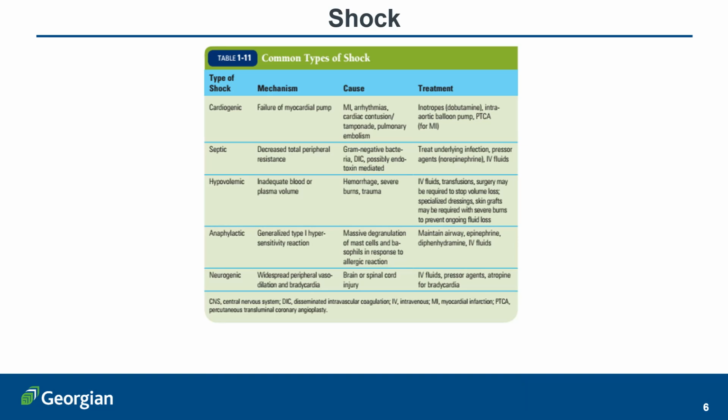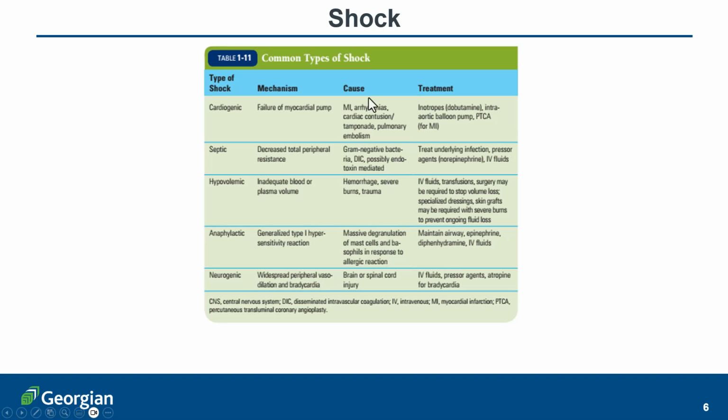Here's just another table that explains the various types of shock. So cardiogenic shock is because of the failure of the myocardium, the ventricles. The causes of that could be an MI, arrhythmia. Here, cardiac tamponade really should fall under obstructive shock, but anyways. Pulmonary embolism, whereby blood flow through the lungs is also affected. It could be even shut off. That can cause cardiogenic shock. So blood flow through the lungs is reduced, consequently blood flow to the left ventricle is reduced, and as a